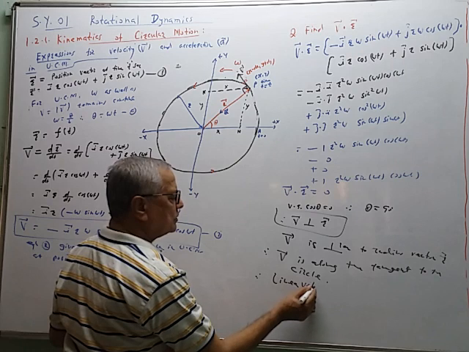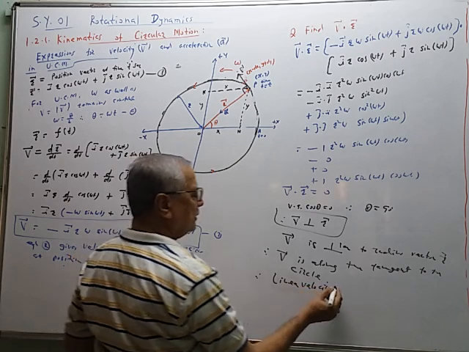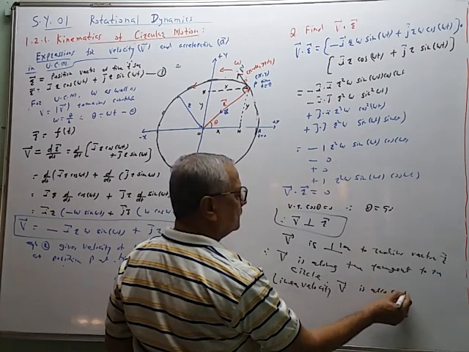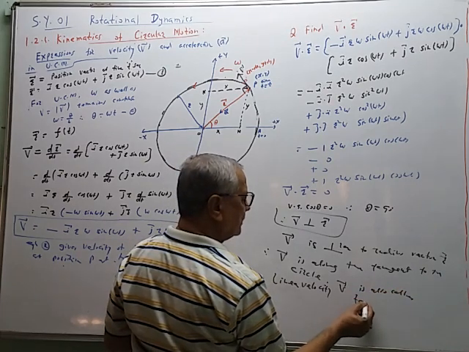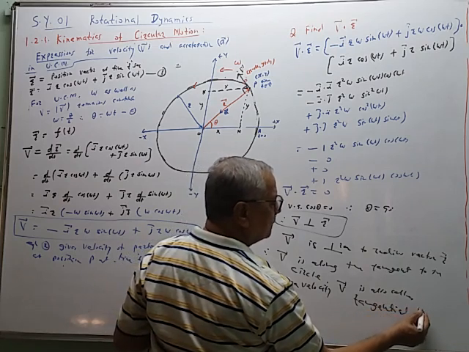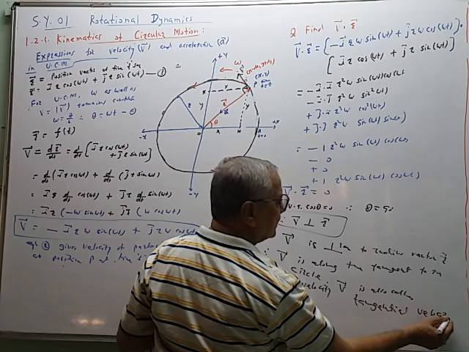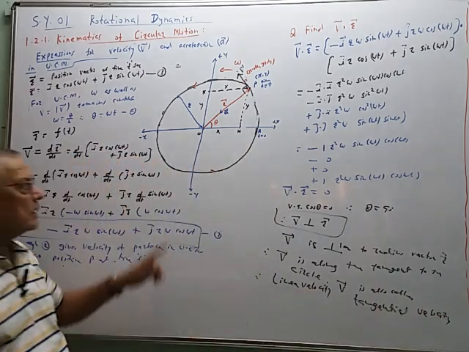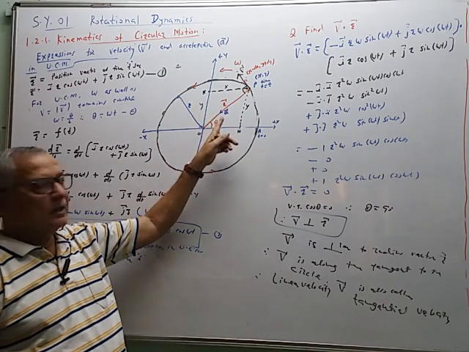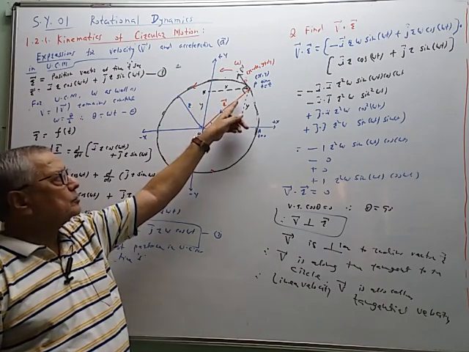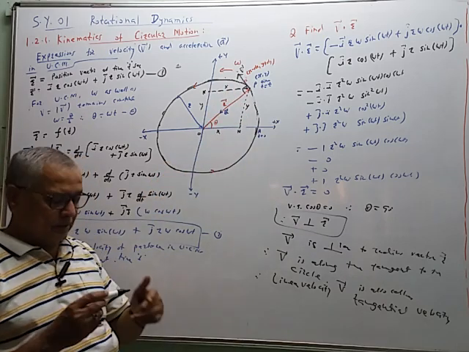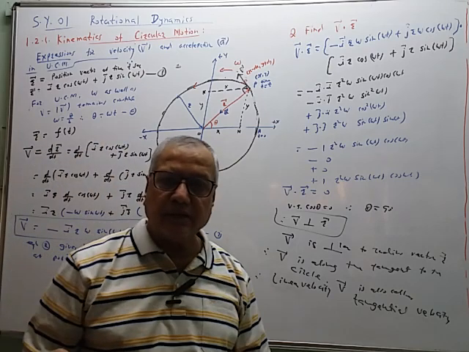It is having two names. Linear velocity V is also called tangential velocity. So why is it called tangential? There is some reason. Acceleration is called radial. Why? Because there is a reason. It is directed toward the center. Therefore, it is called centripetal. Therefore, it is called radial. So velocity is perpendicular to the radius. Therefore, it is along the tangent to the circle. Therefore, it is called tangential velocity. So velocity is always along the tangent.